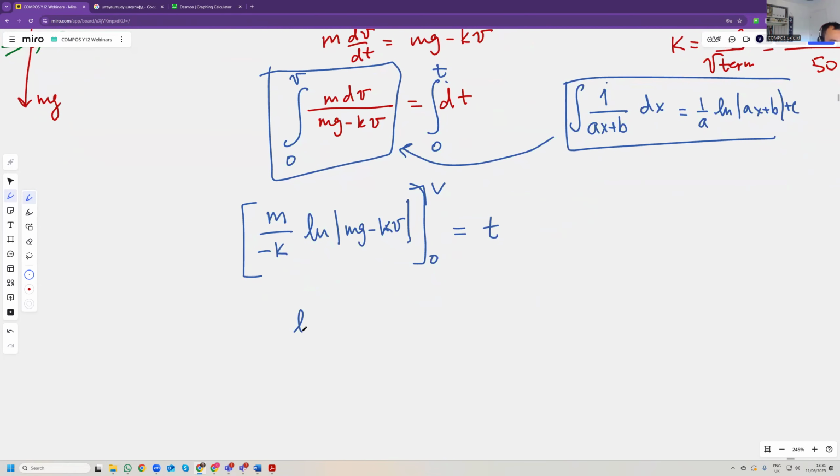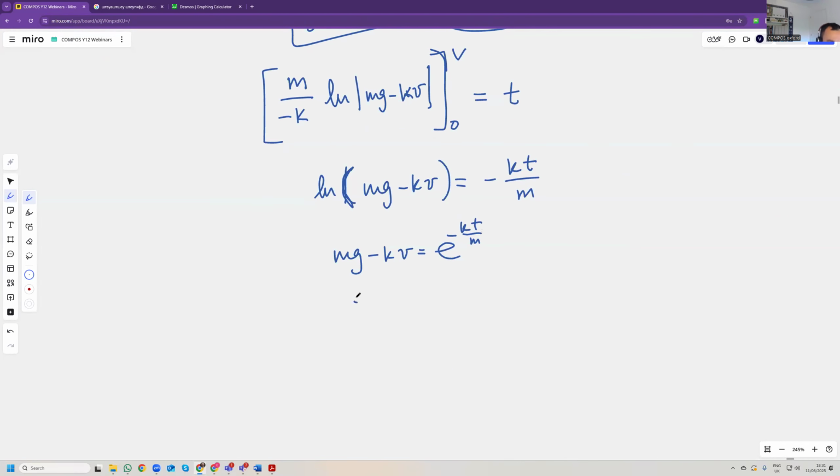So we can write ln, you don't need the modulus, of mg minus kv equals minus kt divided by m. And we have mg minus kv equals e to the minus kt over m, and v is equal to mg over k